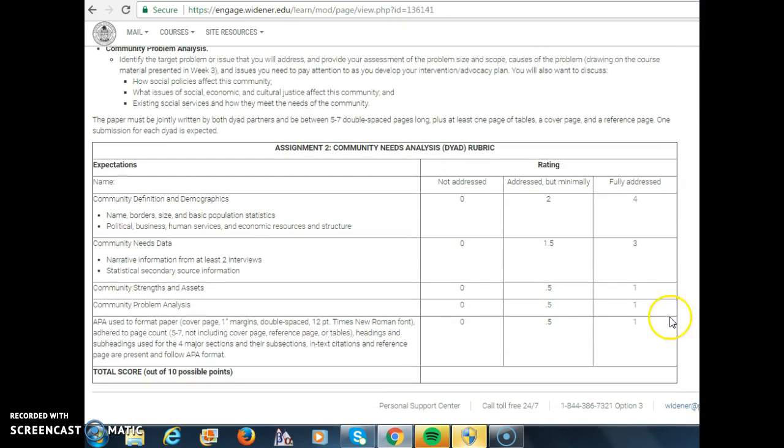Here is the grading rubric, which I think is fairly clear. You want to make sure you address each of the 4 major components and the subcomponents. You also want to make sure that you're using APA